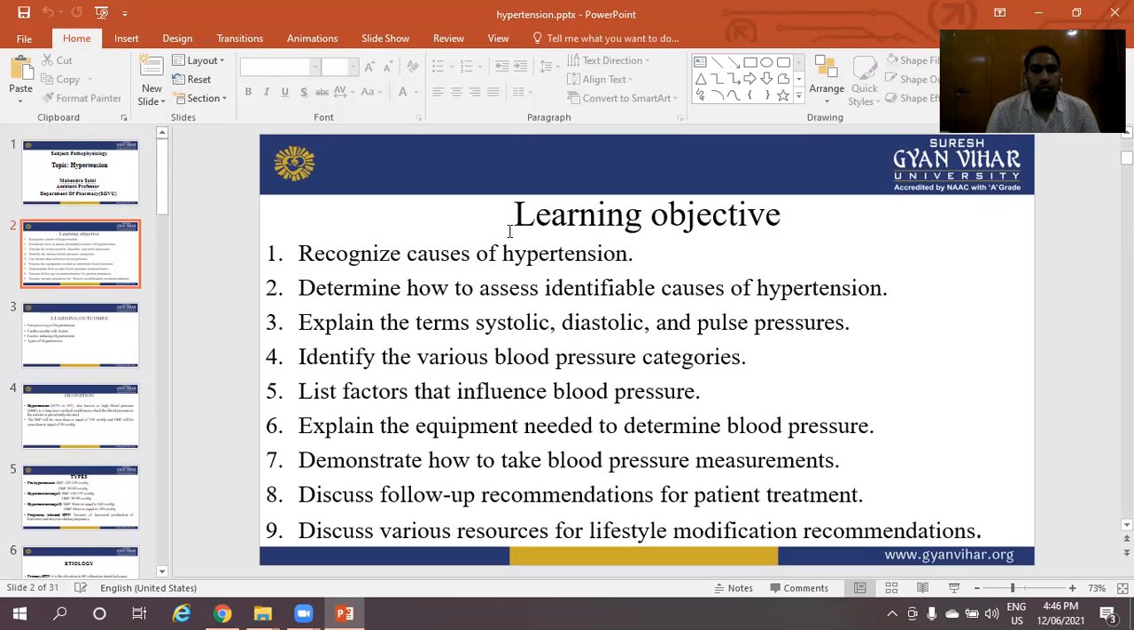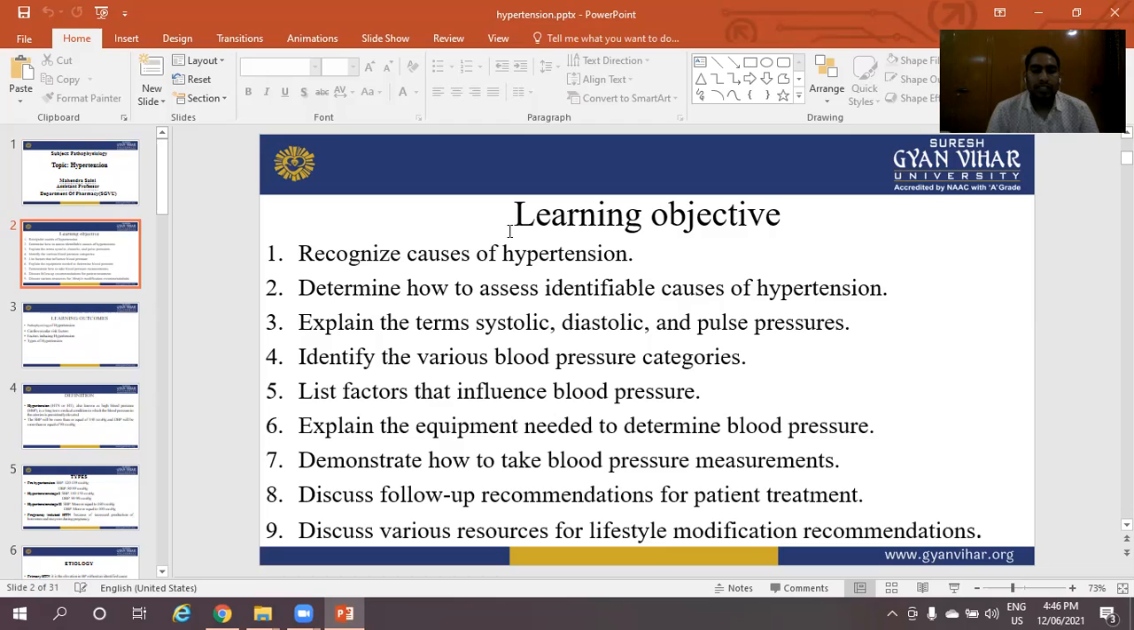Learning objectives. The learning objectives of hypertension are to recognize causes of hypertension, determine how to assess identifiable causes of hypertension, explain the terms systolic, diastolic, and blood pressure, identify the various blood pressure categories, list factors that influence blood pressure, explain the equipment needed to determine blood pressure, demonstrate how to take a blood pressure measurement, discuss follow-up recommendations for patient treatment,